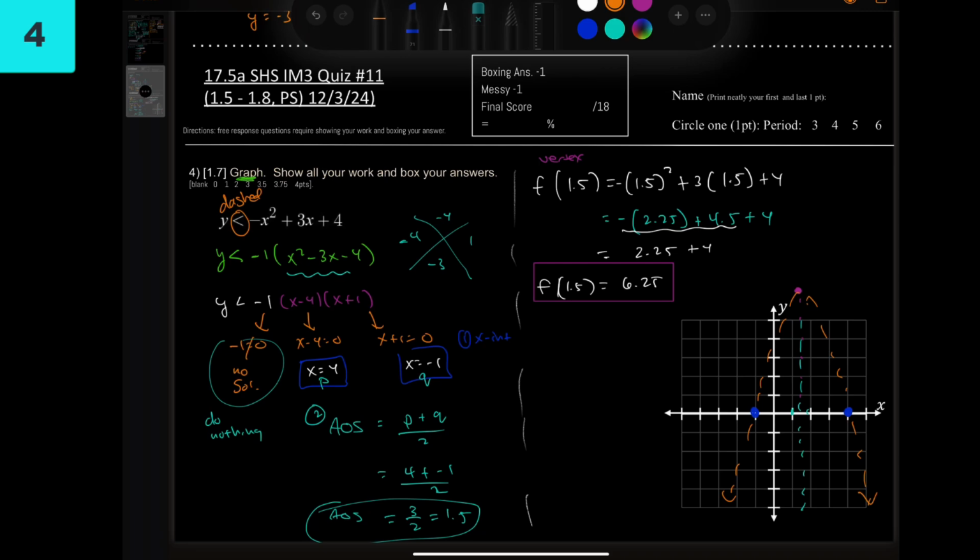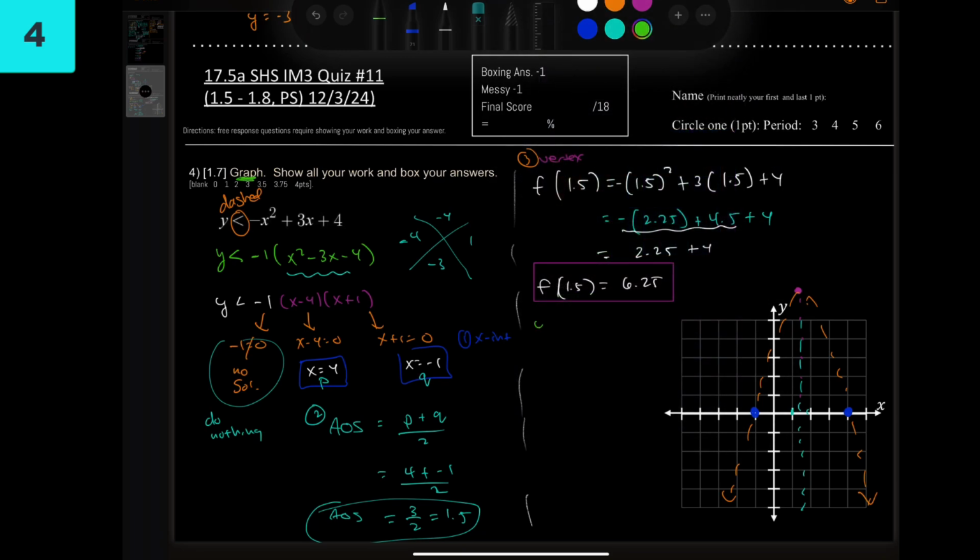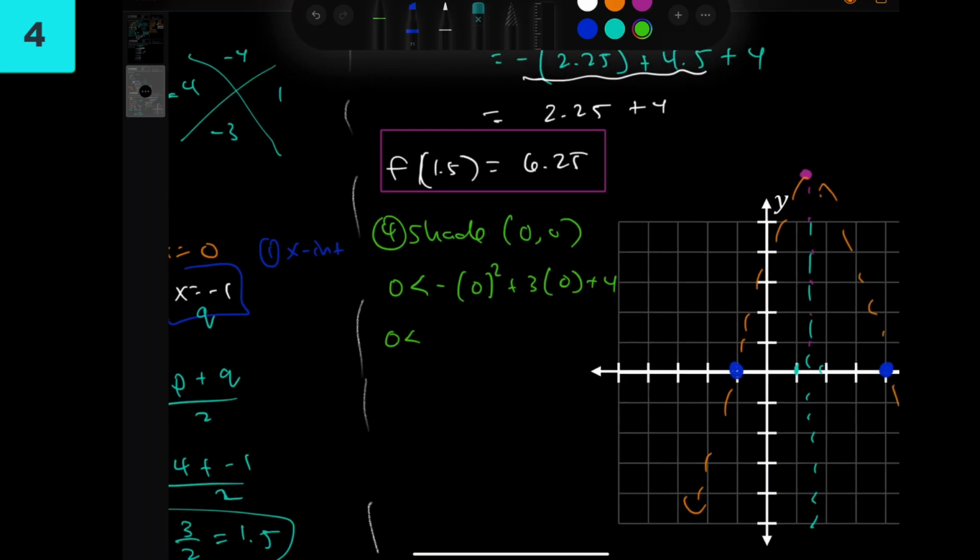Okay, then I need to test. I need to know about shading. So we're going to test 0, 0. So I'm going to put 0, 0 back into the original function. And we'll see if this is true or false. So 0 plus 0 plus 4. 0 is smaller than 4. This is true. So that basically means at 0, 0,